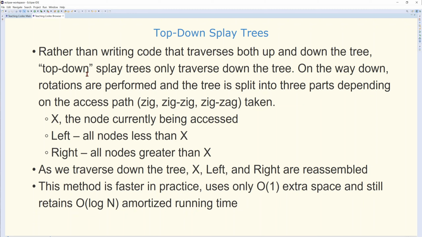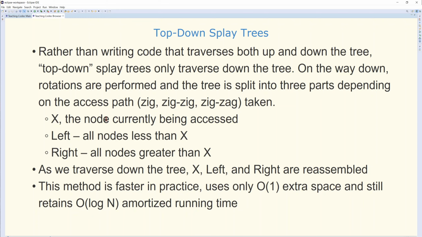It is possible to design the splay tree only in one direction, top down, and you start from the root rather than the node X you have found, and on the way down you're doing rotations as necessary, and the tree is split into 3 parts depending on the path you're using to access. So it's either zig-zig or zig-zag,